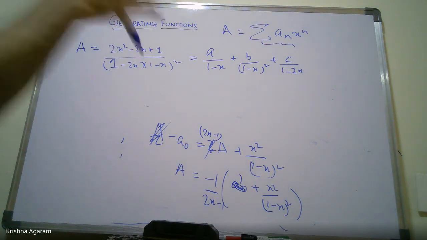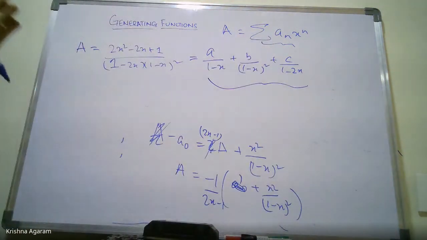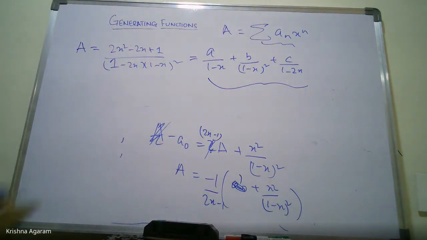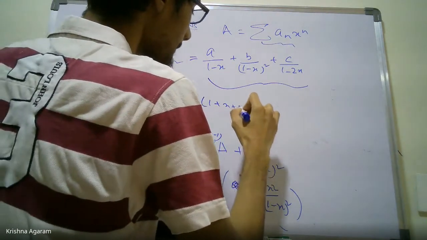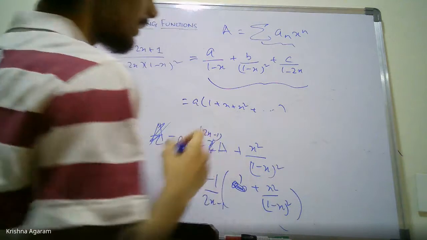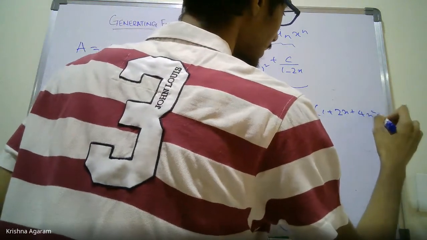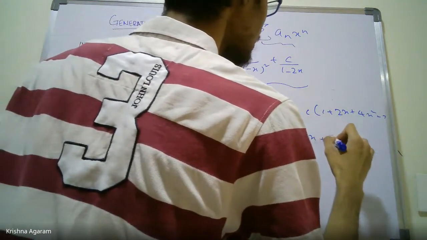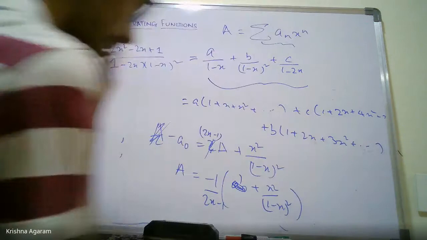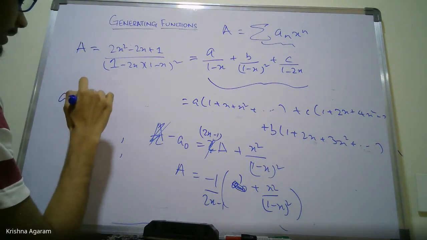So now why is this helpful? Once you have this, ABC, how to find them I'll tell you in a bit, but once you have this, you basically have that this is A, plus C, 1 plus 2x plus 4x squared plus so on, plus B, 1 plus 2x plus 3x squared, right? So your a_n is just the x^n coefficient of